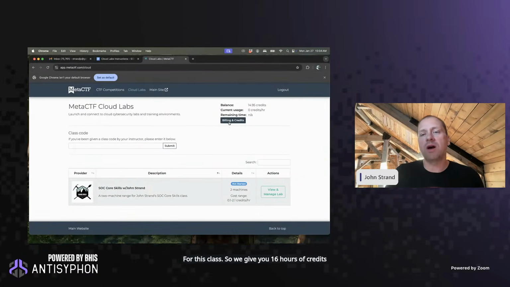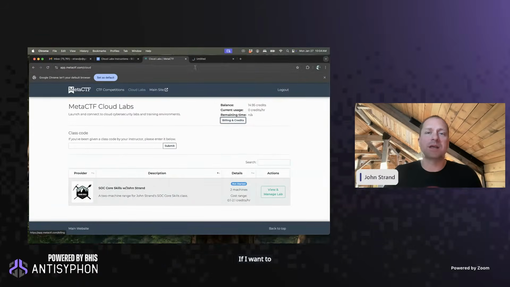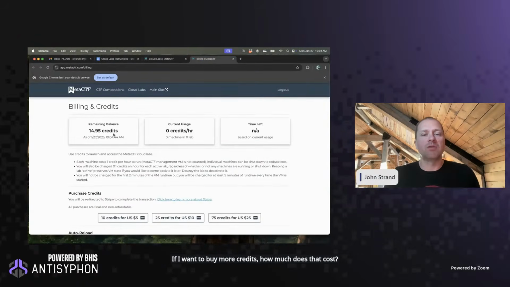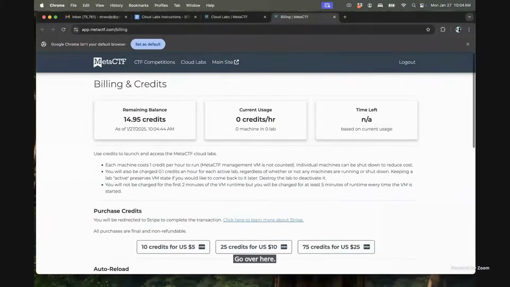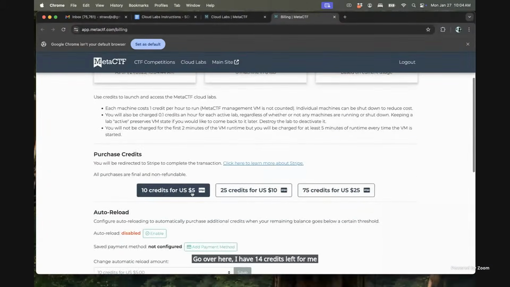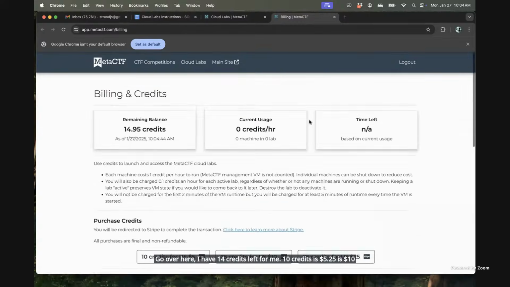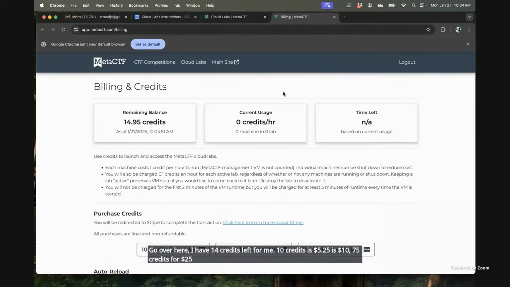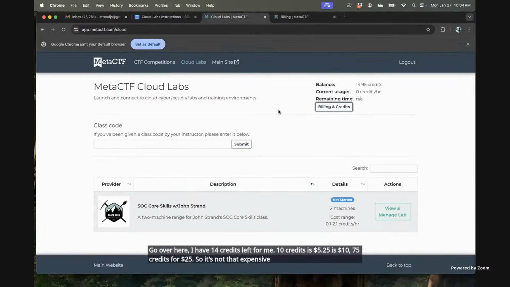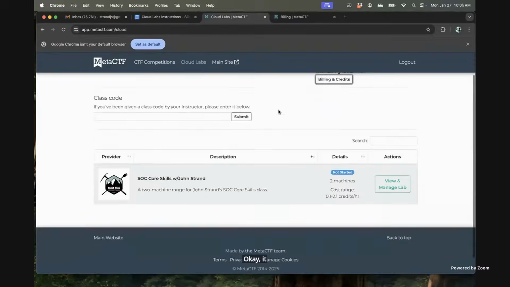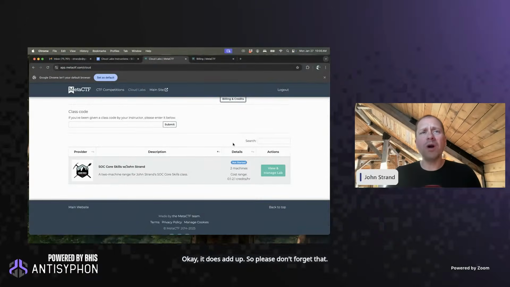Now, the question was, if I want to buy more credits, how much does that cost? Going over here, I have 14 credits left for me. 10 credits is $5, 25 is $10, 75 credits for $25. So it's not that expensive, but it does add up, okay? It does add up. So please don't forget that. Once you're at this point,